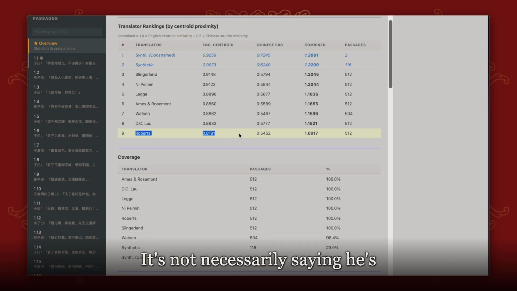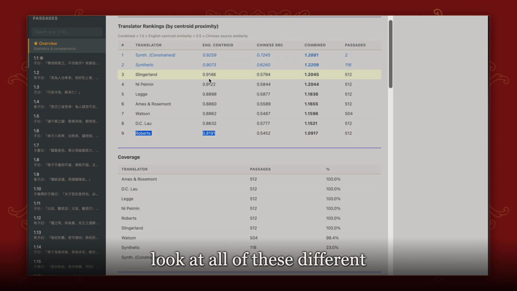It's not necessarily saying he's done anything wrong, but if you look at all of these different translations in comparison to one another, and you plot them in one of these so-called vector spaces that large language models let us use today, you'll find that Slingerland's words, his phrases, really fall in a central position compared to every other translator out there. So he's done a very good job of